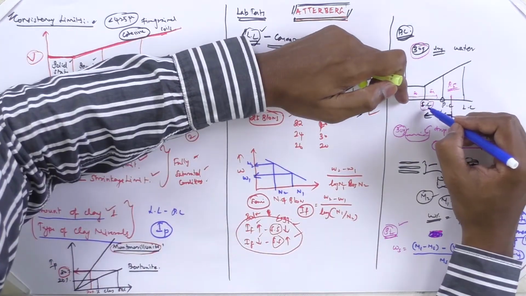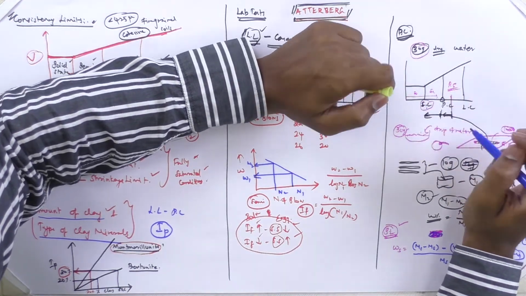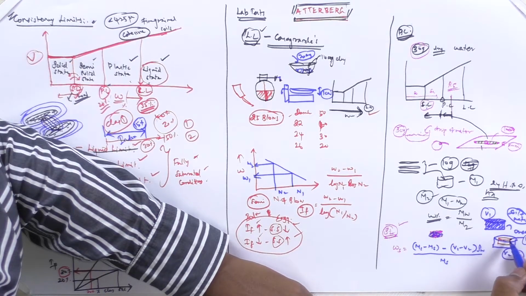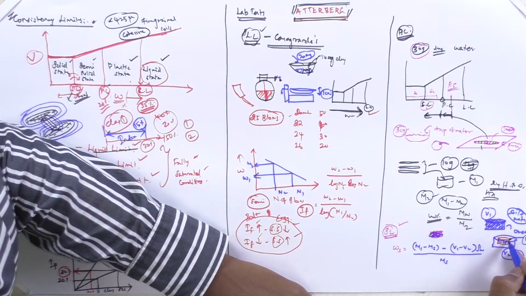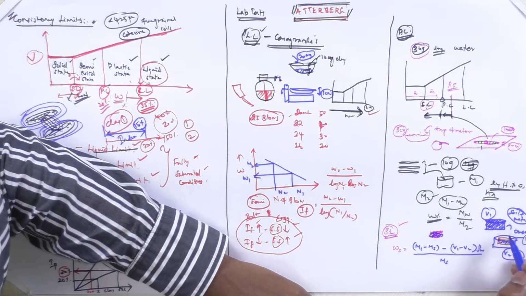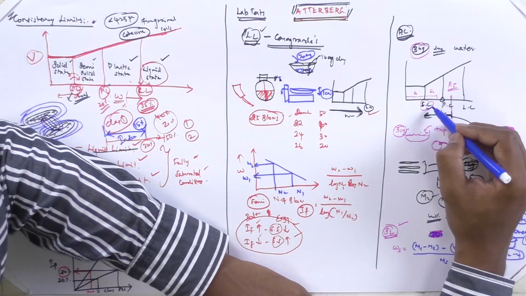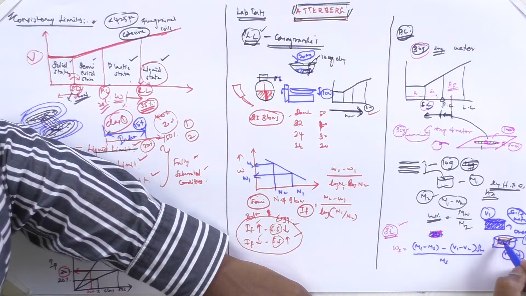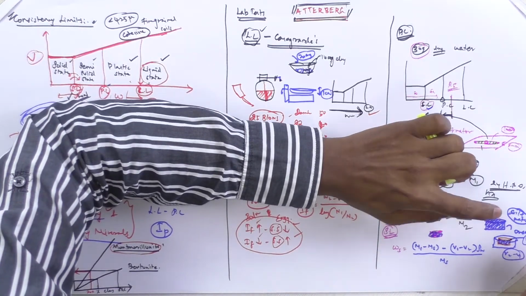So as I have described, what is the shrinkage limit? At this limit, further reduction in water content will not cause any volume change. Now this volume is not going to change further, but exactly at the limit, it may have some water inside. Now it is getting reduced, so we have to find what is the moisture which occupied all these pores. As I have explained, it is fully saturated. So what is the mass which fully occupied these pores? That is our task.